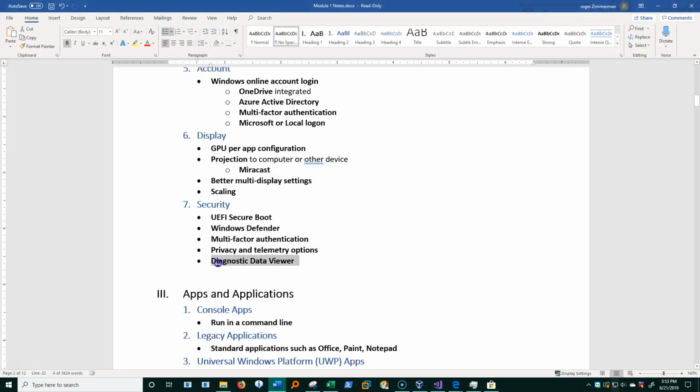I also have something in here called Diagnostic Data Viewer, which we will also look at later, which is a way to see what we have sent to Microsoft. So now I can actually see everything that my computer is sending to Microsoft, and I have a way to visualize that and have a list of everything that my computer is sending in. So it gives me a better view of it, and thus better control over it, because now I can say, wait a minute, I don't want this stuff going to Microsoft, so I'll change that. And that's the Diagnostic Data Viewer.